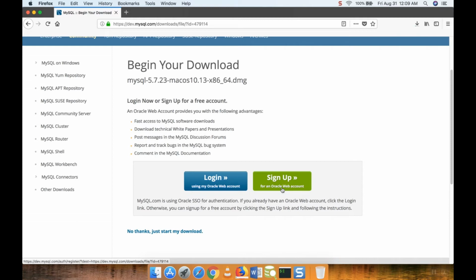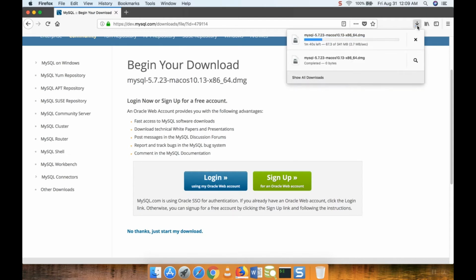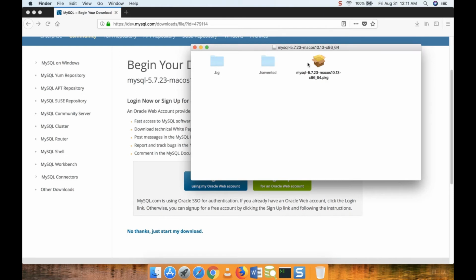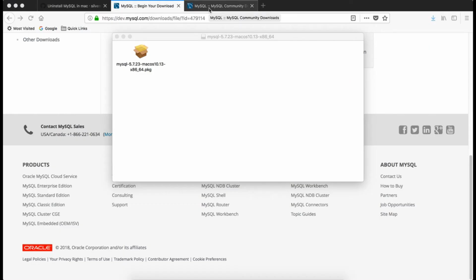So it started downloading. So let's see how far it has done. Okay, it's in progress. Yeah, it's completed now. Yeah, my installer file is downloaded. So just you have to click on that, and it will